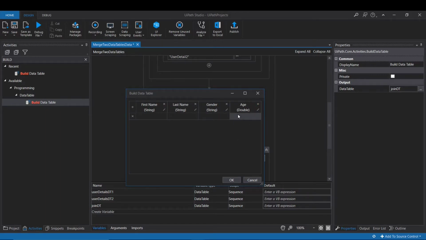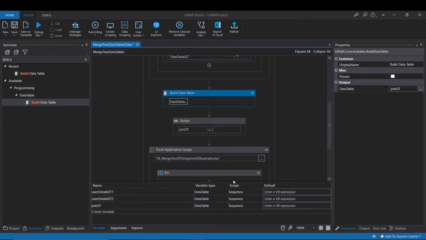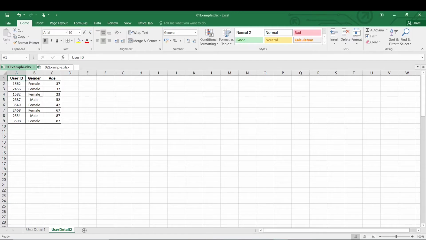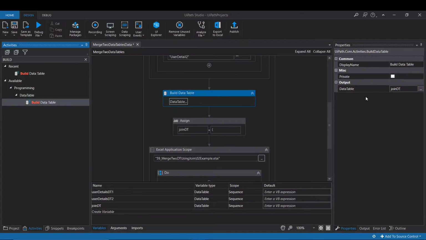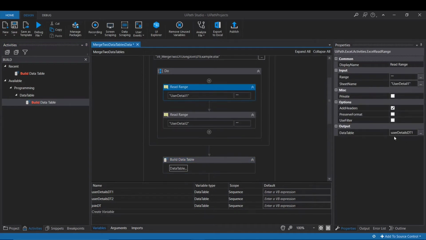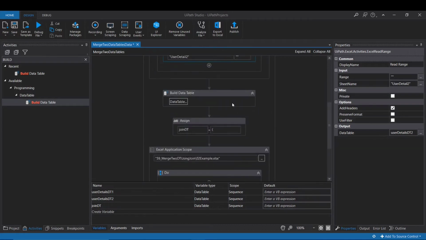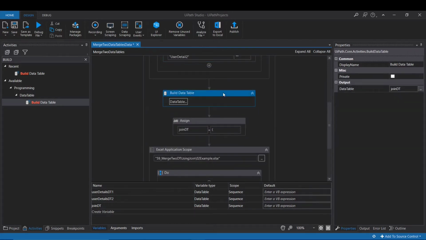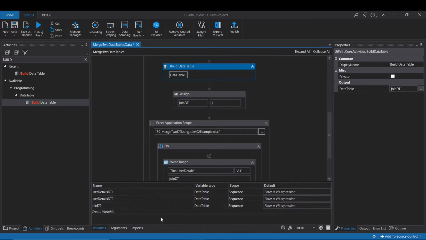My requirement is to take up to age only; status is no longer required. So these 4 columns I have created, and I am storing them in one data table, that is join dt. For the first sheet the data table is user details dt1, for the second sheet user details dt2, and for the new data table we just created to store and write the data, join dt.